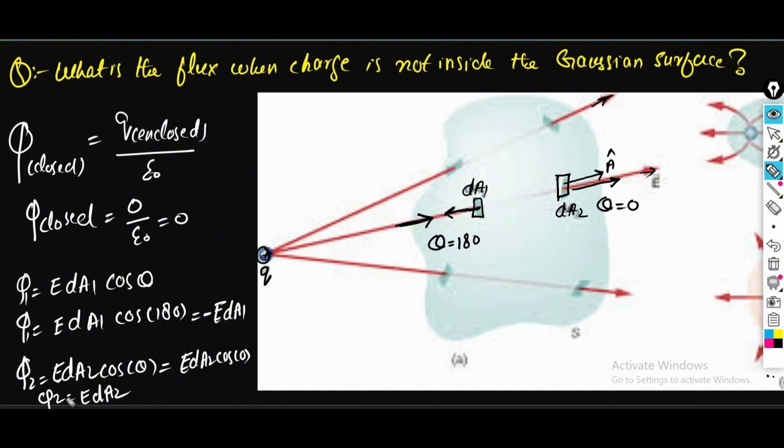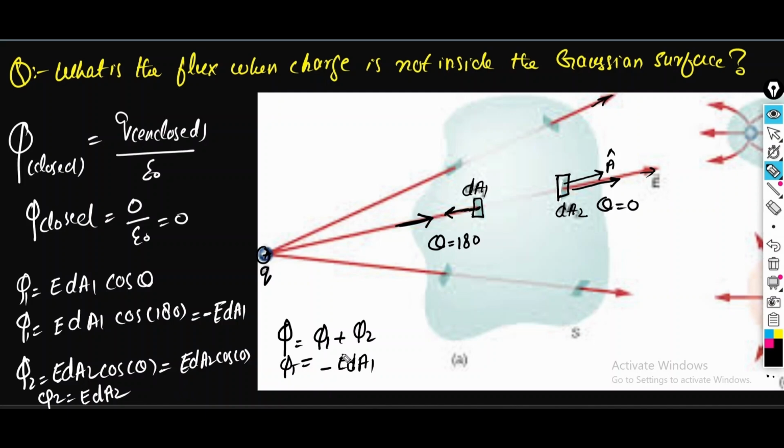This is actually phi 2. Okay, now the total flux through a closed surface. Now the total flux is equal to phi 1 plus phi 2. Here is the value of phi 1, which is minus E